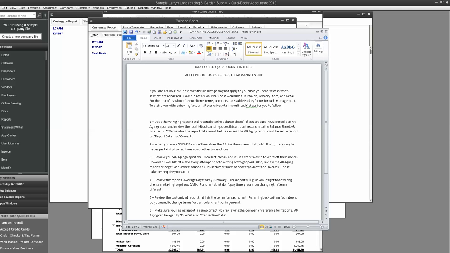Today we are going to focus on getting your accounts receivable cleaned up. Remember, accounts receivable is the key for cash flow management for any business. If you are a cash and carry business such as a hair salon, a retail store, or a grocery store, this challenge may not apply to you. However, if you're like myself and offer clients terms and invoice your clients, then this challenge will be helpful for you. I have 6 steps that we're going to review